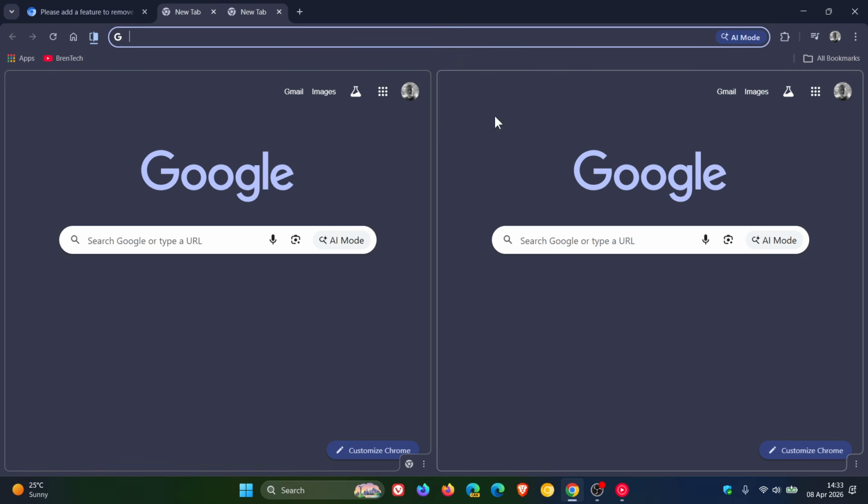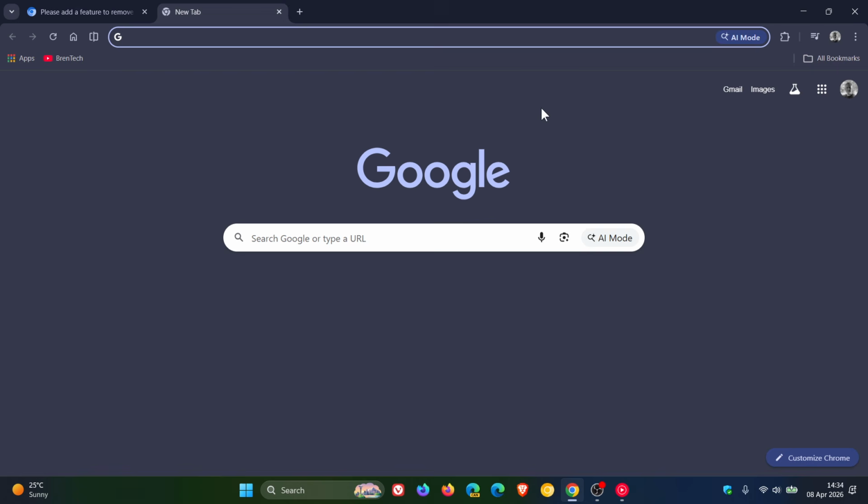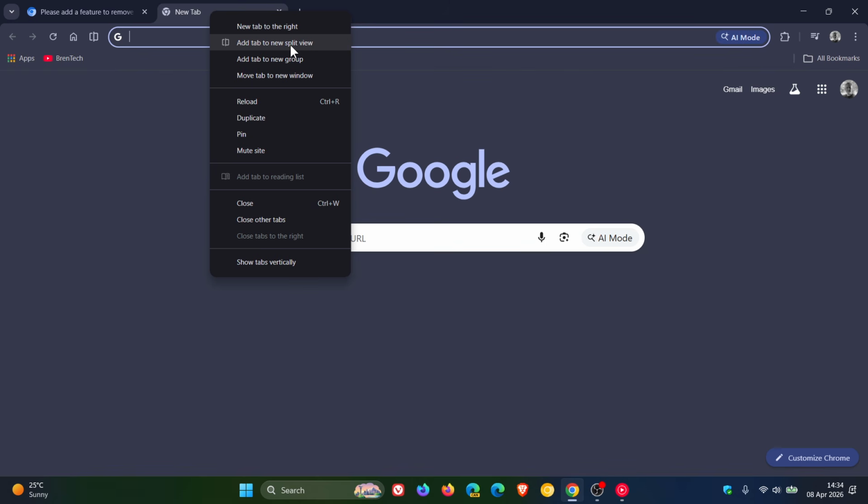which basically puts two tabs side by side in a single window, and it's quite handy if you've got a larger monitor for multitasking. Now, although this was a highly requested feature, after the rollout, and also as I saw in the comments and do see almost on a day-to-day basis, there's a bit of frustration with this feature because the problem is that where Google has located add tab to new split view is causing accidental activations of the feature when it's not needed. Because when split view was introduced, we can see it was added